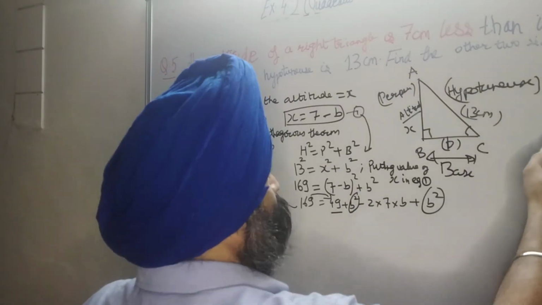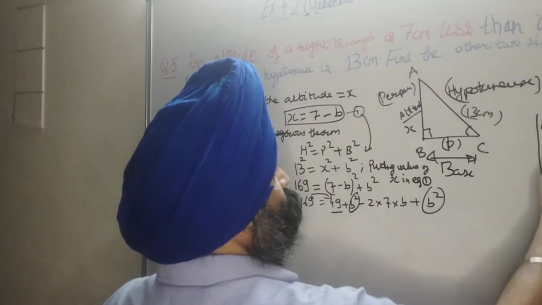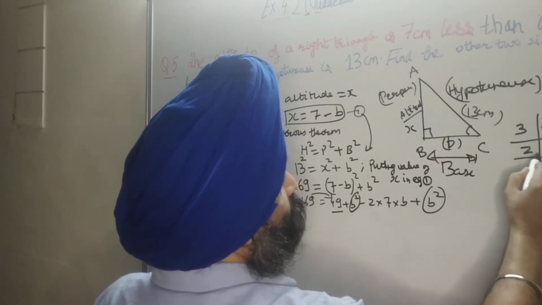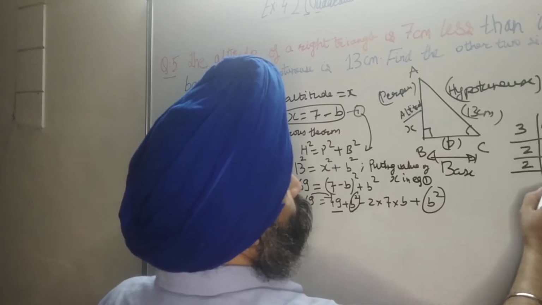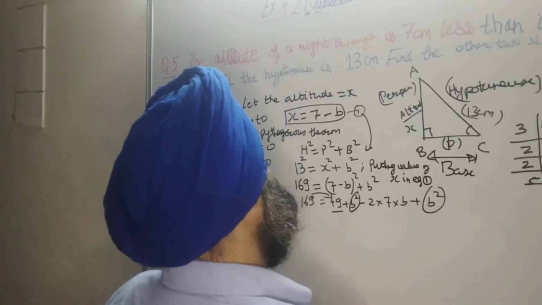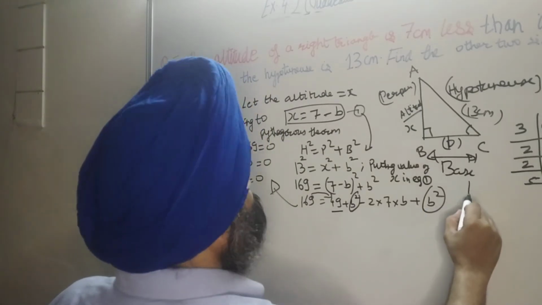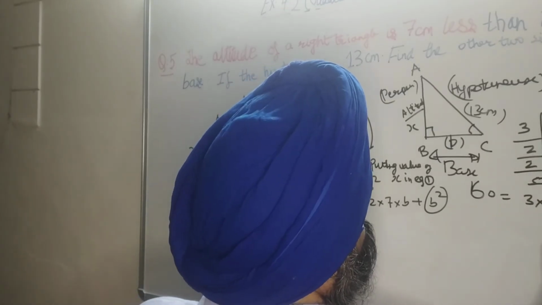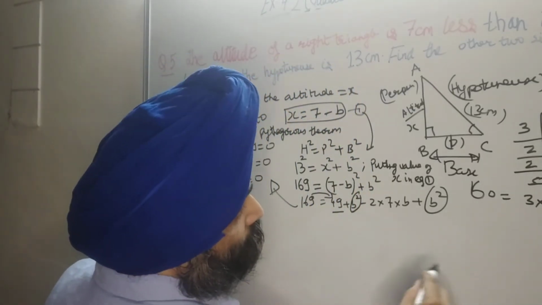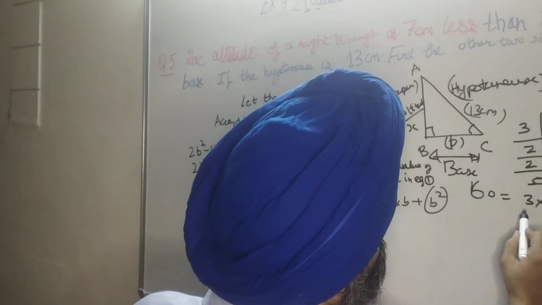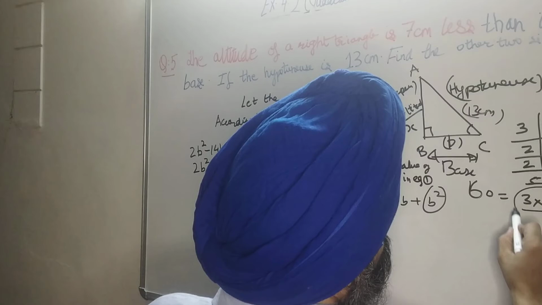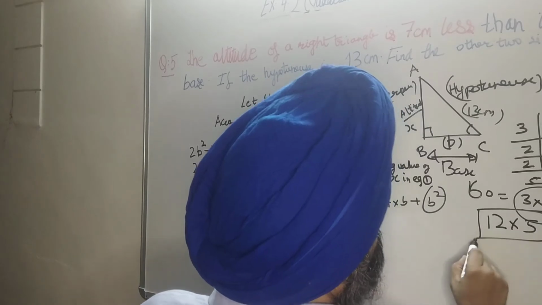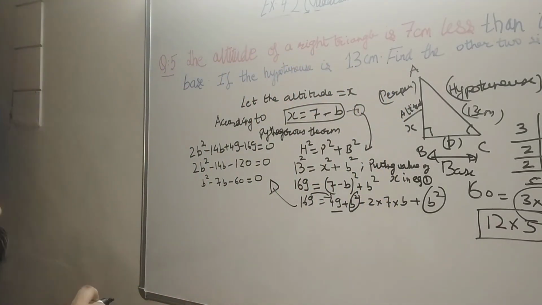So अब हमें एक्चुअली क्या करना है, 60 का factors, we need 60's factors. So this is 3 into 20, 2 into 10, 2 5 the 10 and 5 1 the 5. So 60 के factors आ गए आपके 3 into 2 into 2 into 5. अभी हमें चाहिए 7. तो 7 कैसे आएगा इसमें? 3 fours the 12, this is 12 and this is 5. So 12 into 5, हम अगर ले लेते हैं 12 और 5 को तो 12 minus 5 is 7.